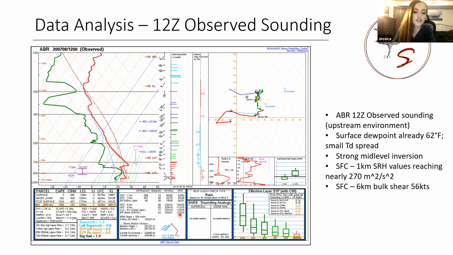So that's just incredible low level turning of the winds. Essentially, that's what shear is. It's just changing wind speeds and wind directions. And you can see that here by looking at the wind barbs, how they are strongly shifting and veering just in that low level, from almost northeasterly all the way up to southeasterly there. So just incredible shear already in that early morning observed sounding. You can see the kink in the hodograph here, kind of visualizing that.